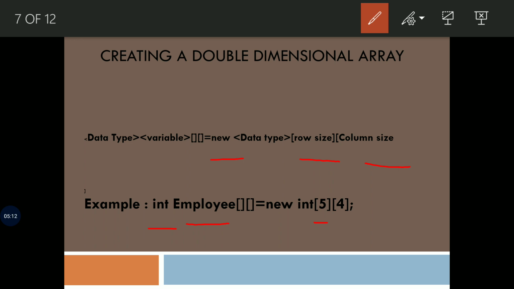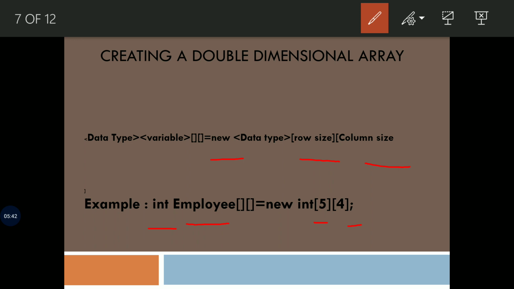Column size of the array is 4. It means the employees array will only accept 4 integer values as columns. If we try to store more than 4, it will throw an error. We can store less than 4. For example, if we store 1 integer value, then the remaining 3 values will be initialized to the default value.